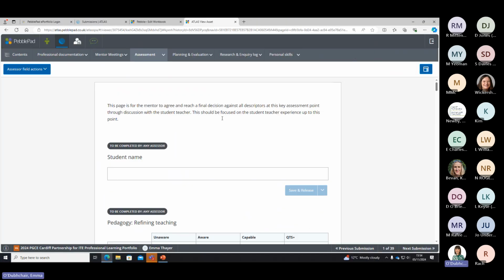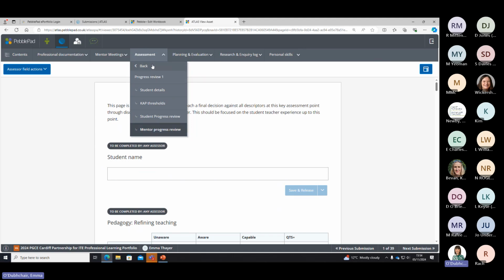Let's go to your view. Okay, so now here I am in the Mentor View version of the PLP, and I'm going to progress reviews. I'm going to progress review 1, and you can see that you've got your own sub menu there for Mentor Progress Review. What you've also got in here, if I just take a step back, is a quick access to